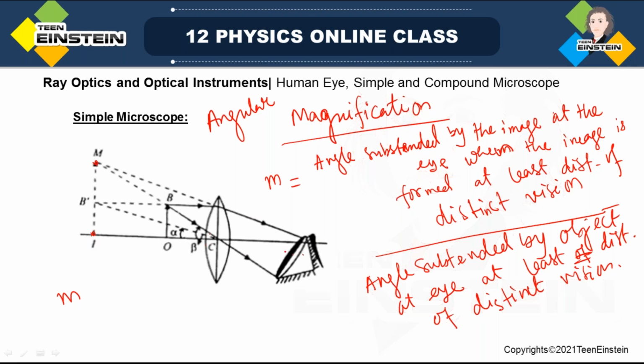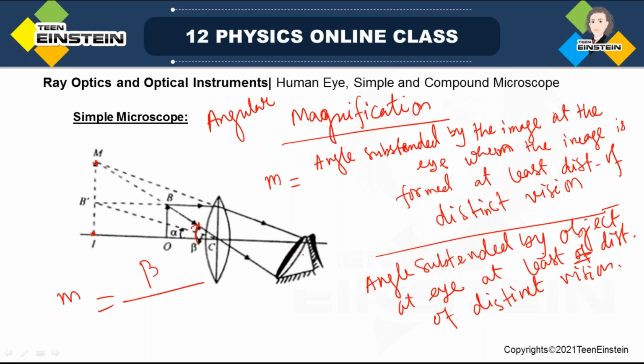The eye and lens are kept very close to each other, so you may think of the angle made by the image at the lens. This is the angle, which we may call beta. This is divided by